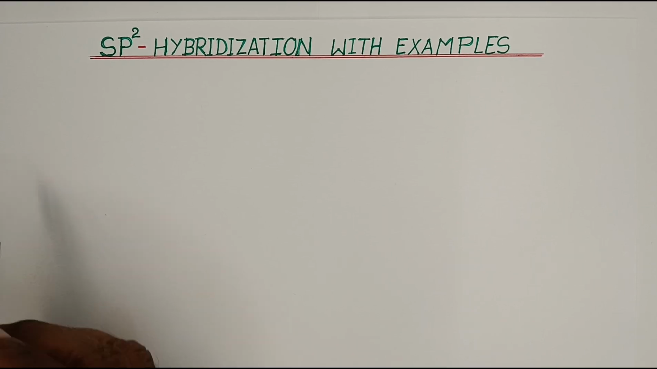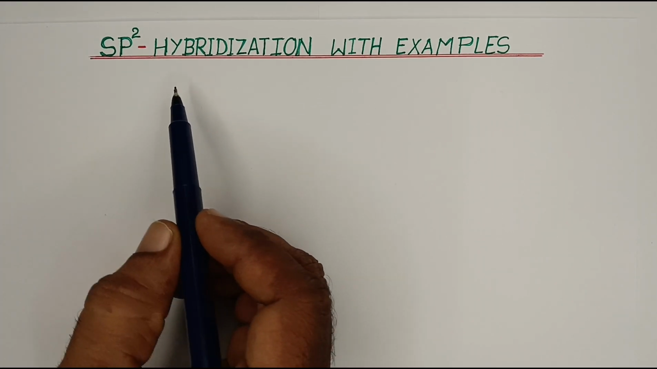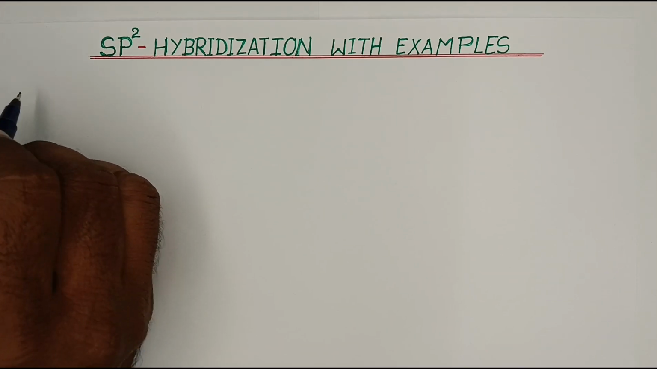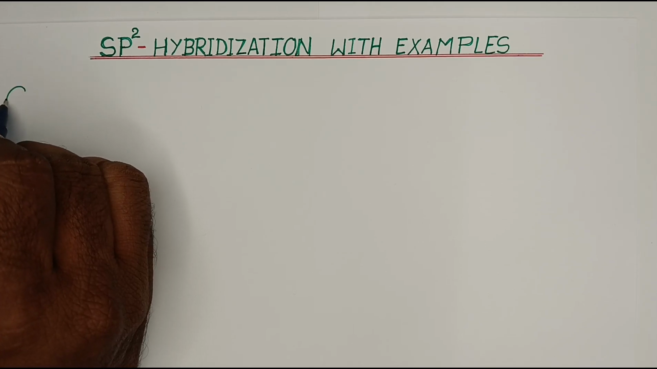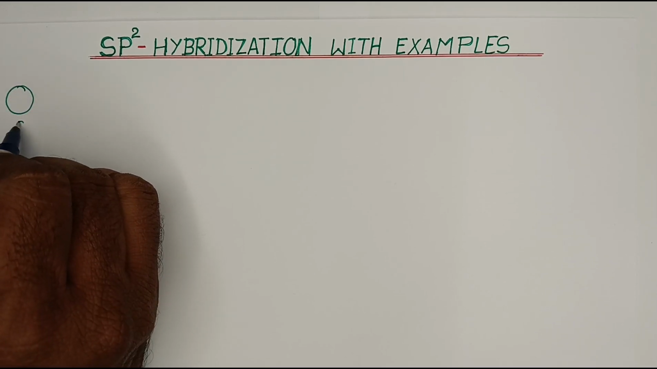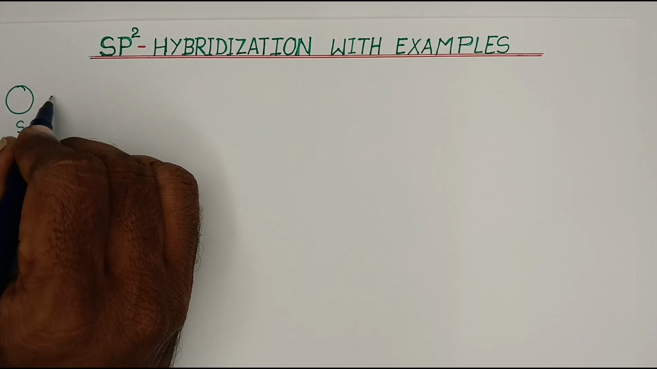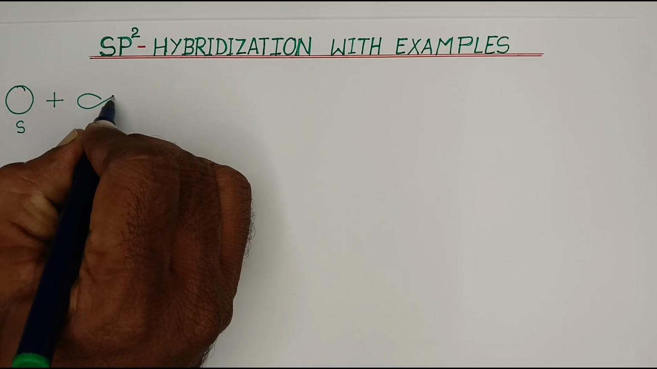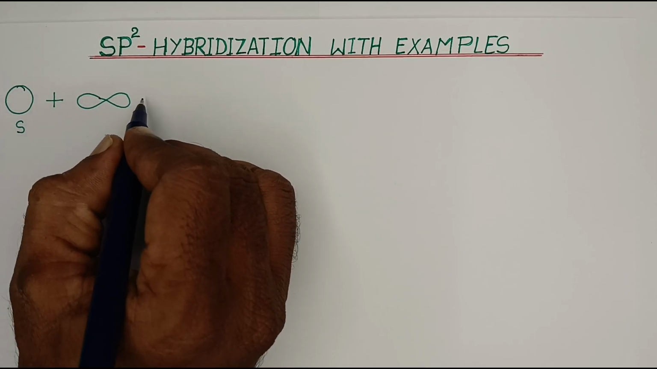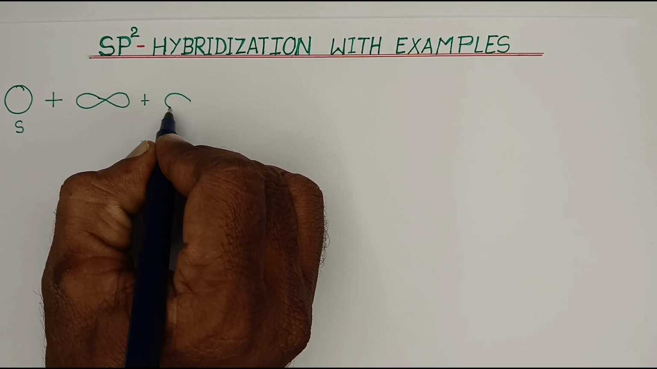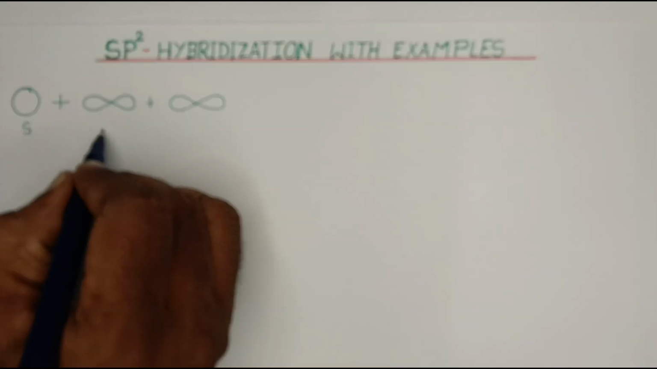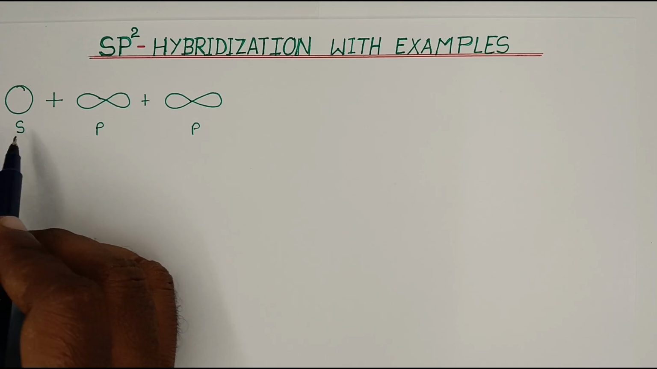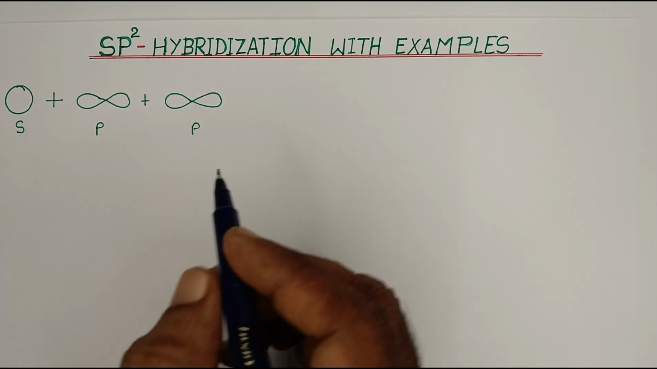Students, in this video I am going to explain SP2 hybridization. SP2 hybridization means the intermixing of one s orbital, this is a pure s orbital, and two p orbitals, one s orbital and two pure p orbitals. One s and two pure p, the combination of one s orbital and two p orbitals, these are three, so